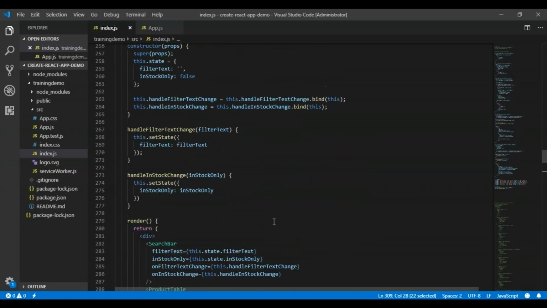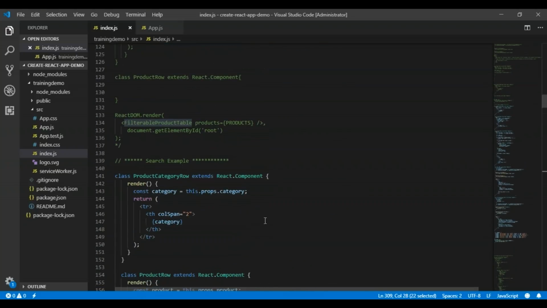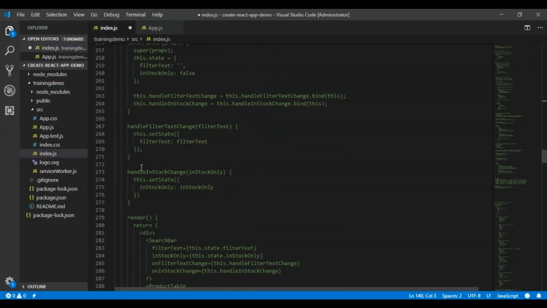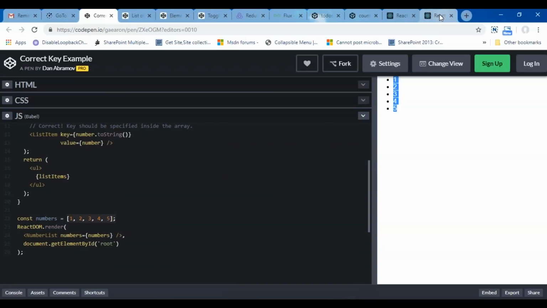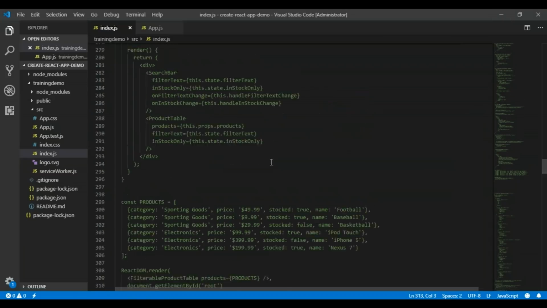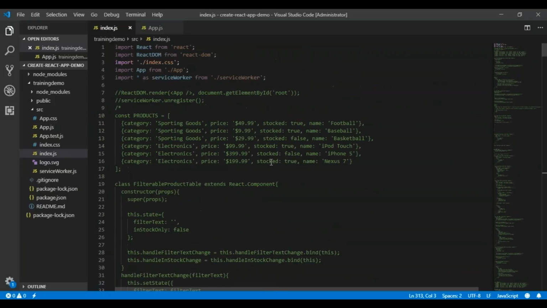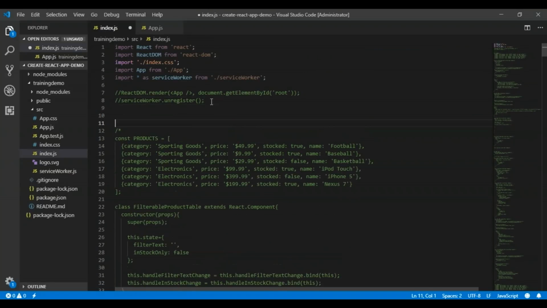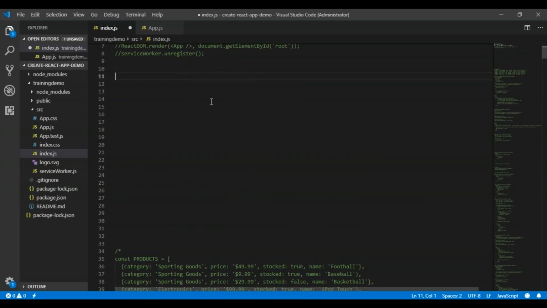So again, I have come back to the same example. What I'm doing here is commenting this particular code so that there is no confusion. Let's check the output. It should show us nothing now. Okay, that's great. It's blank because we have commented the complete code. Okay, great. So let's write a fresh code now.